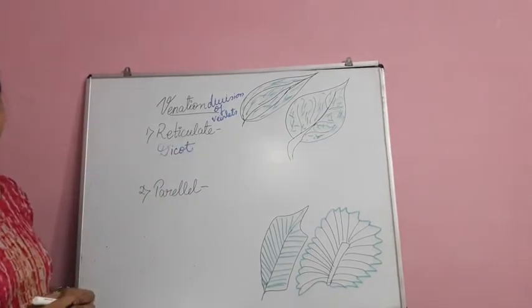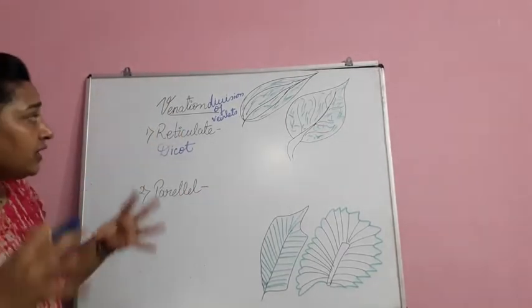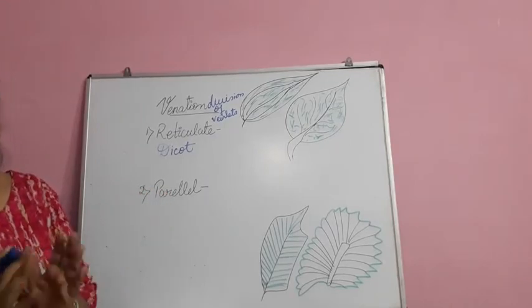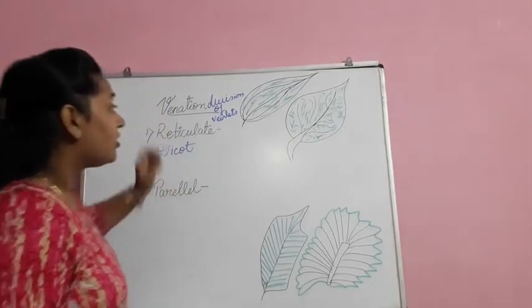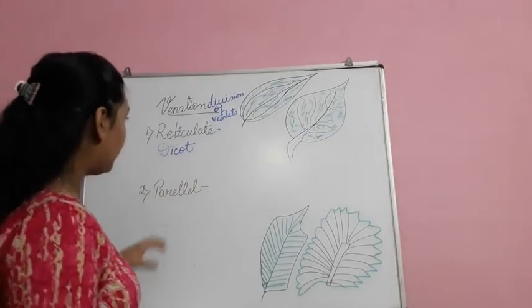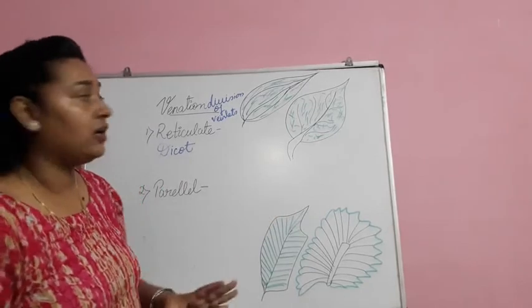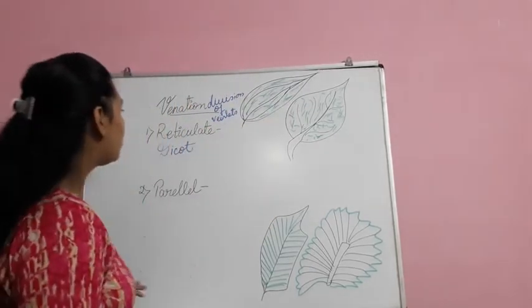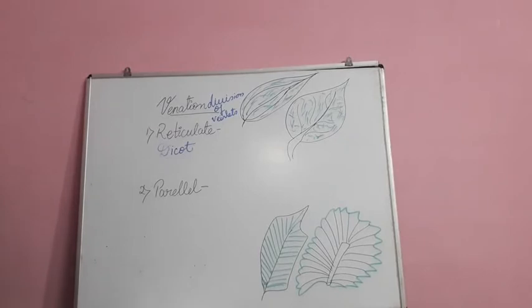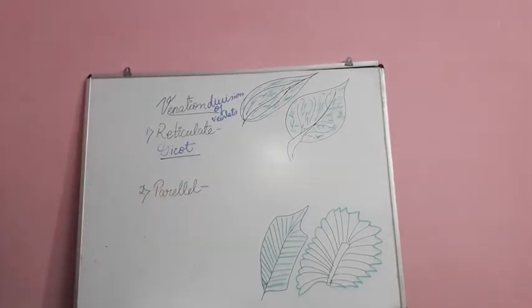In dicots, you can see that these veinlets are branched and many in number, a compact net-like structure which is interlinked to each other and present in all the segregated places. Everywhere you can see a network of this running interparallel to each other, as you can see over here. This kind of structure is called reticulate venation, which you see basically in all the dicot plants or the dicot leaves.